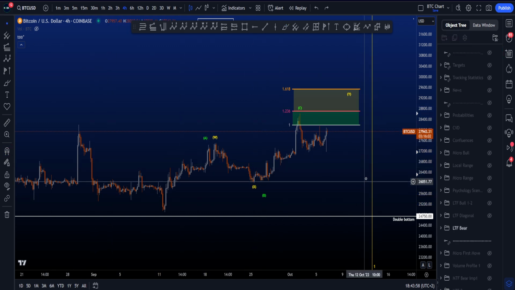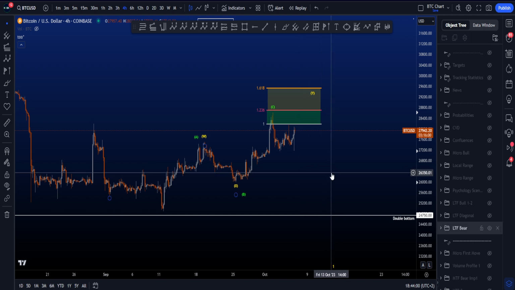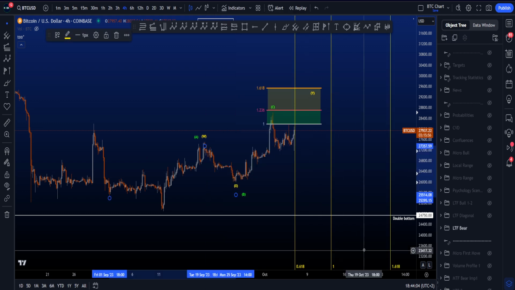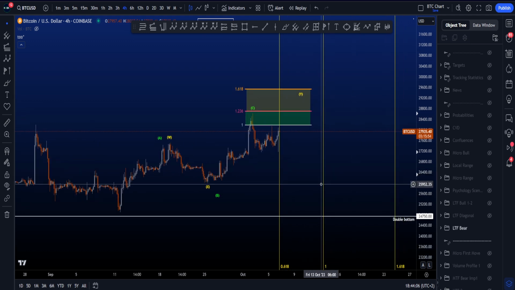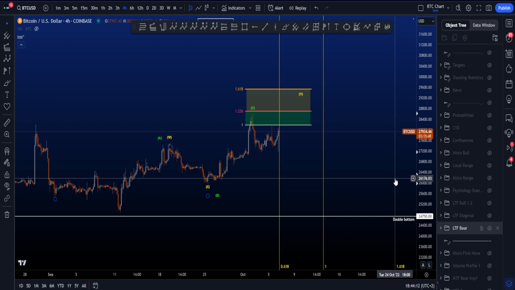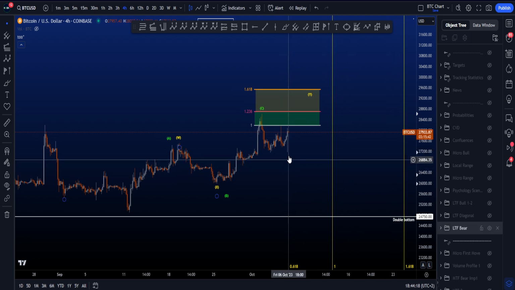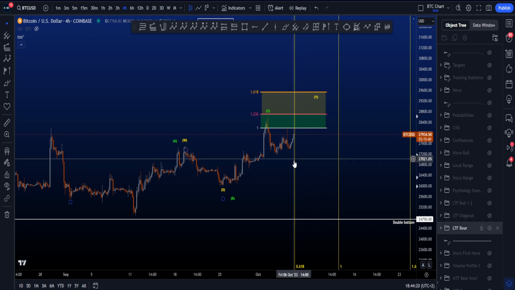And the most common relationship between a wave Y and W is around the 1-to-1. However, also the 0.618 and the 1.618 are common relationships. The 1-to-1 here is sitting Friday the 13th of October at 2 p.m. The 1.618 is sitting on Tuesday the 24th of October, 6 p.m. Central European time, by the way, and we are currently on the 0.618, but it is unlikely this is at